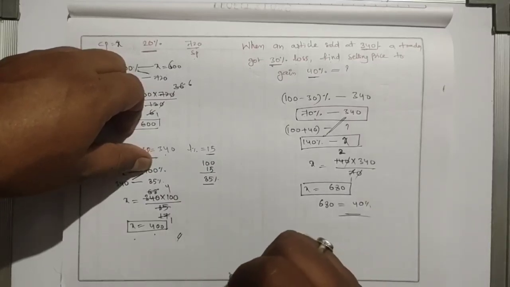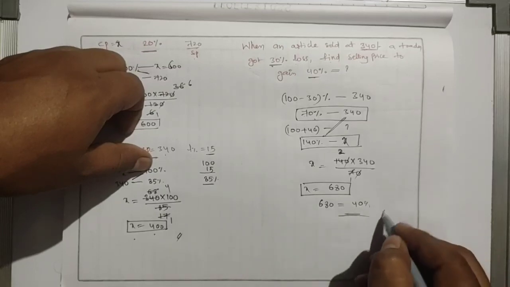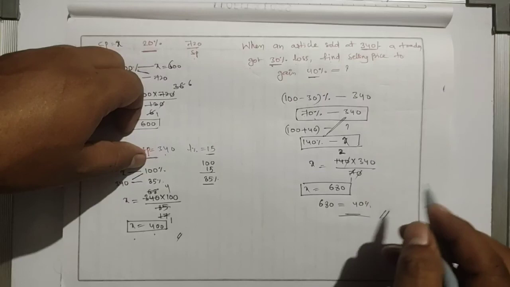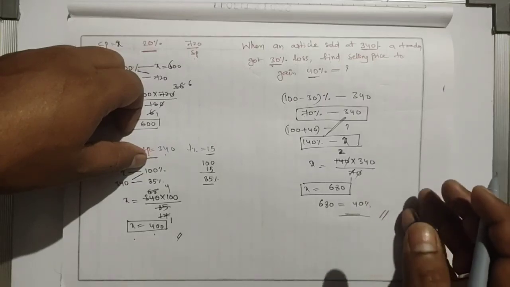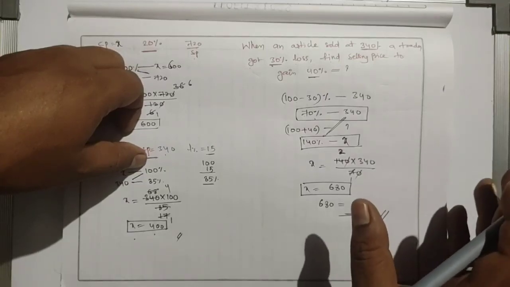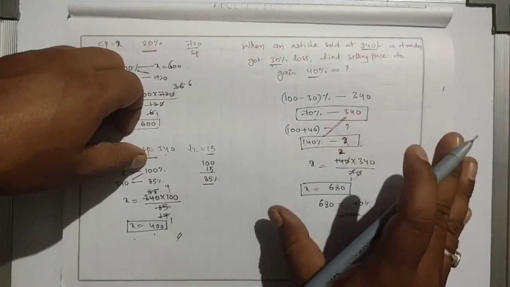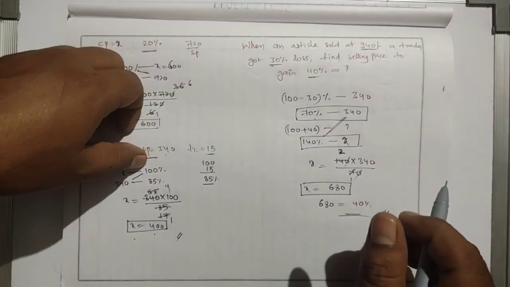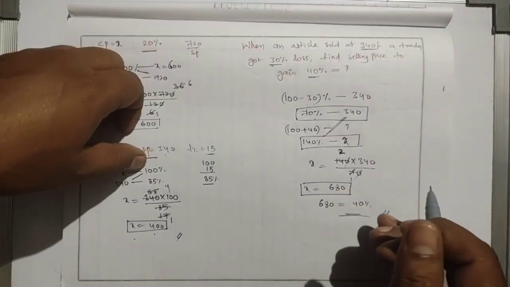So this is the way of doing the problem. We can solve problems like this very easily. In the next part we will discuss some more problems with deep explanation, and the variety of problems which have occurred in the CTET exam previously, and you should know how to solve them.